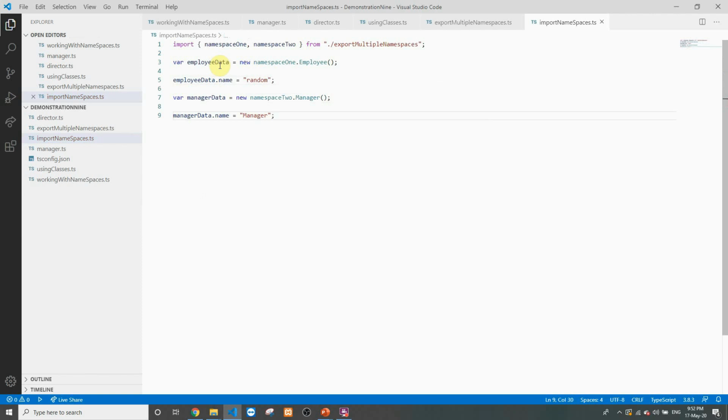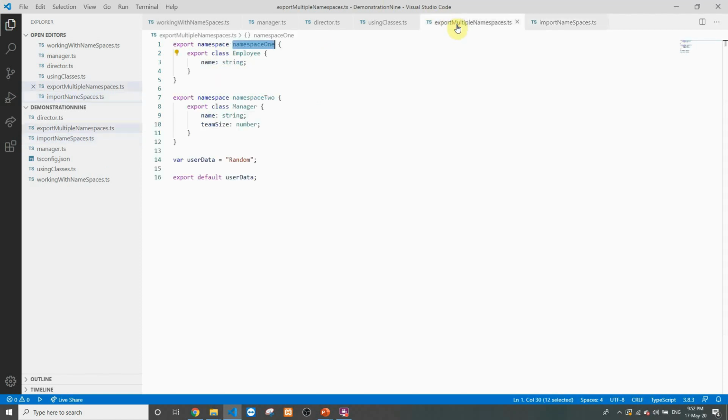So over here, what we saw is that from a particular file, we can use both ES6 module as well as namespaces. So what we did over here is from a single file, we were able to export two different namespaces. We imported these two different namespaces in some other file, and then we are creating some objects out of those namespaces. So this way, a single file can be further divided into multiple namespaces. But again, as we stated earlier, this is not a recommended approach. If you have two different logical blocks inside the same file, it's better to create two different modules.